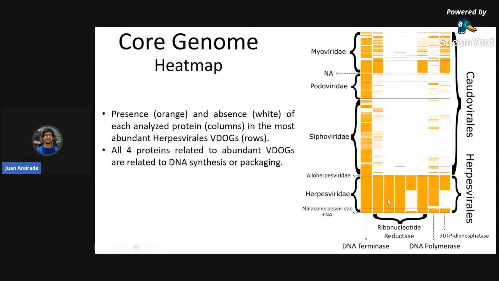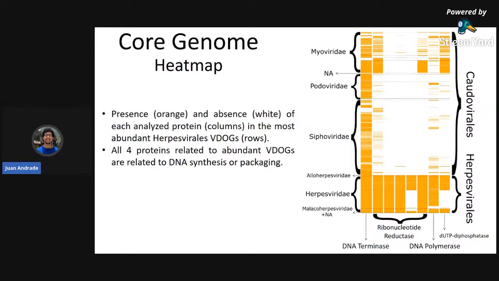So in this heat map, what you can see is that, in general, those VDOGs are relatively abundant. There are 2 VDOGs in particular for which you can see that there is a gap for some Herpesviridae genomes. That's due to the fact that for one of the subfamilies of Herpesviridae, which is called Betaherpesvirinae, some of the domains associated to these VDOGs are either inactive or absent, and this is something that has been seen in the literature. So those gaps make sense.